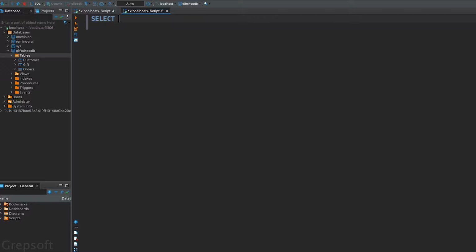So let's start out by saying select. Then I'm going to do the gift ID, then the date the order was placed. Okay, like that. Then we're going to start with case and then end like that. So I'm going to come here and do, let's say, from the orders table like that. Okay, so what do we do here actually? Well, what we can do is we can say when